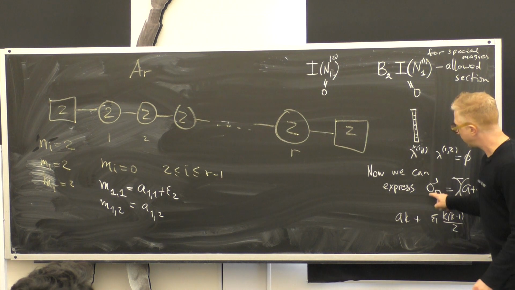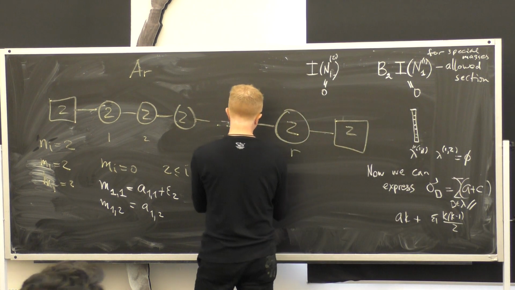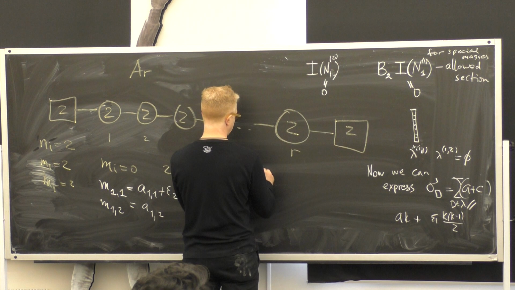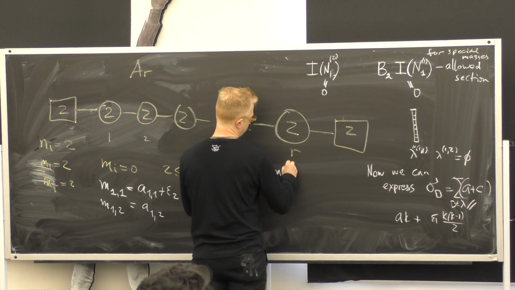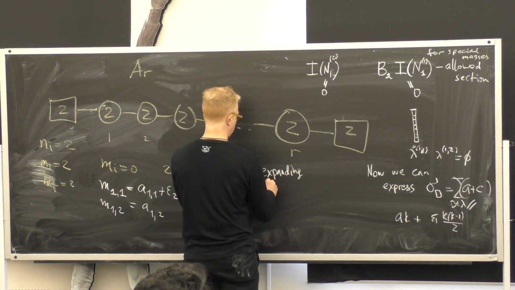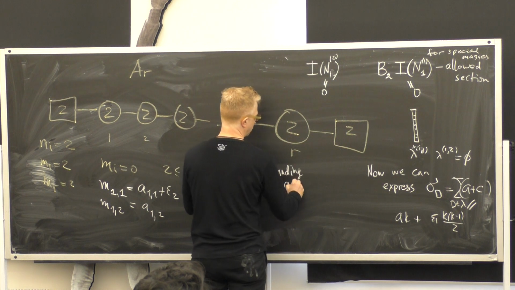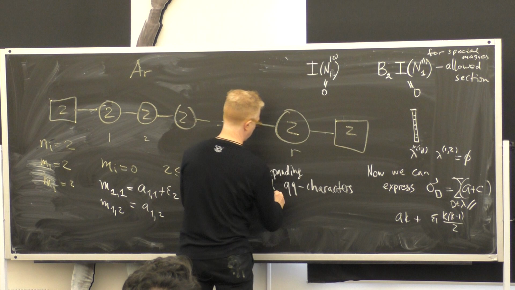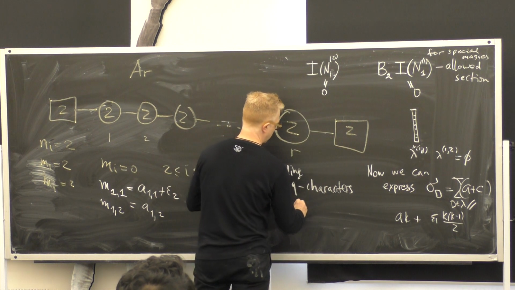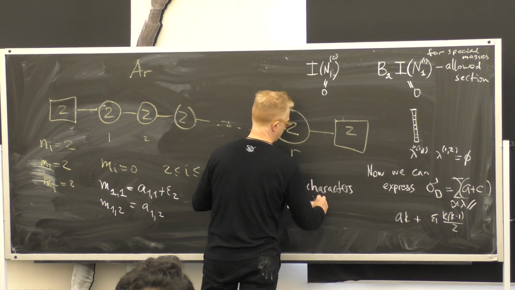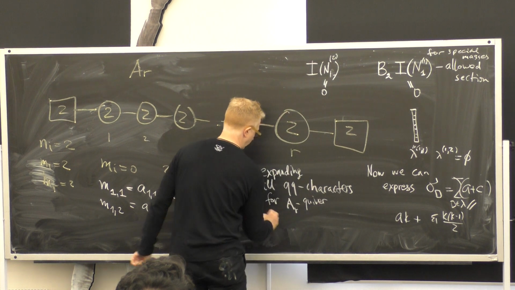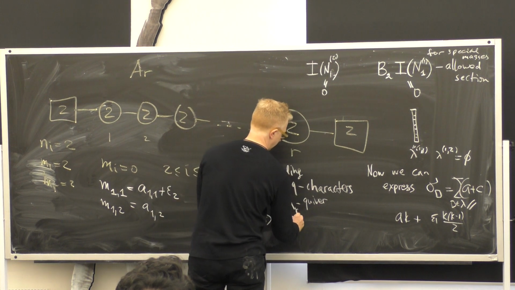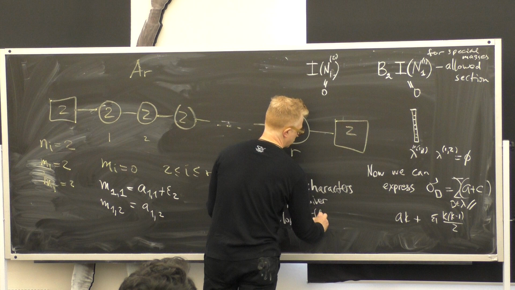And so now, when we expand the ordinary QQ character, expanding without any surface defect all QQ characters for an R quiver, we get closed equations, closed differential equations